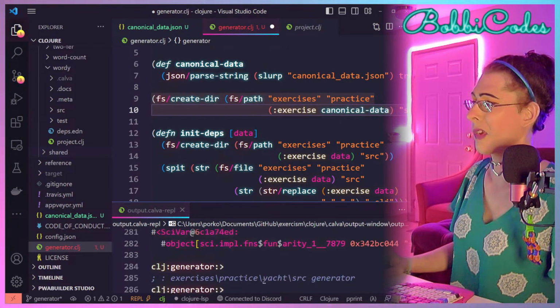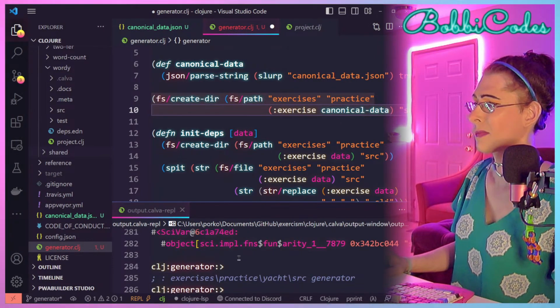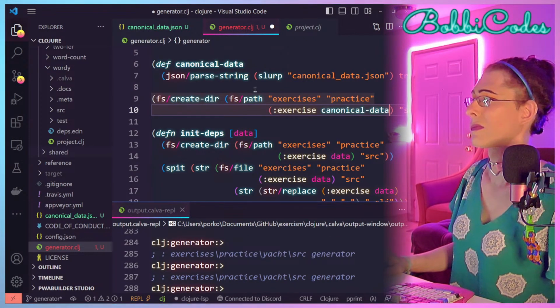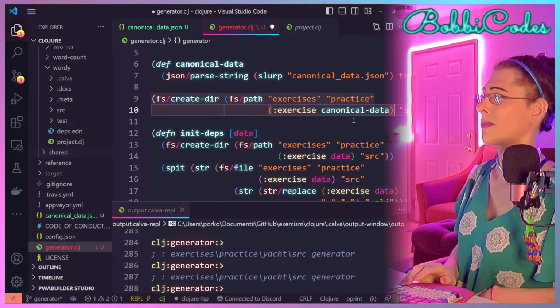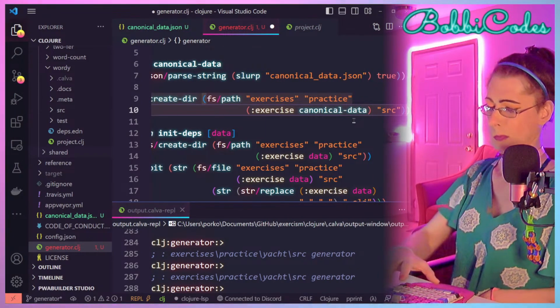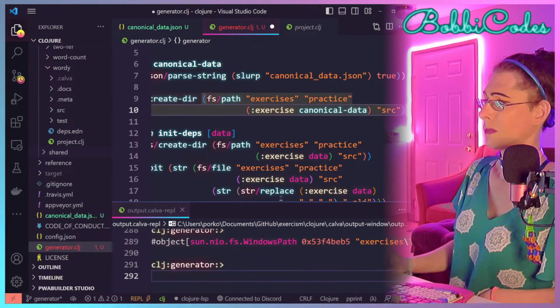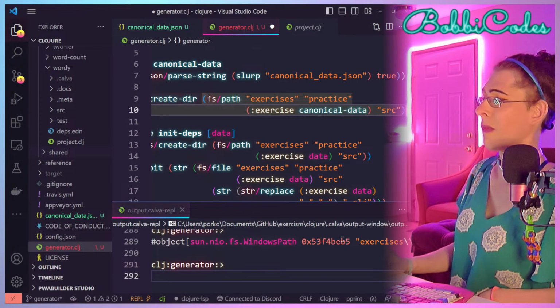Huh, it's giving me an error. That's the Windows path.